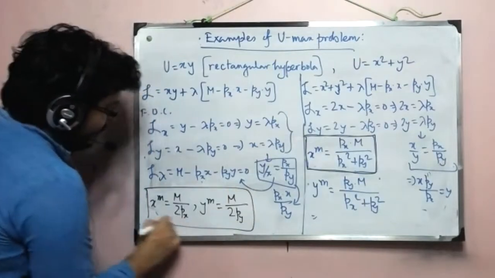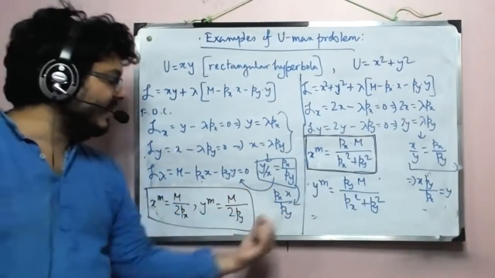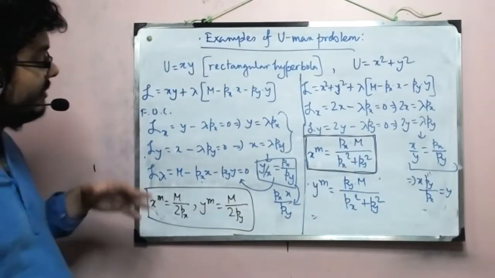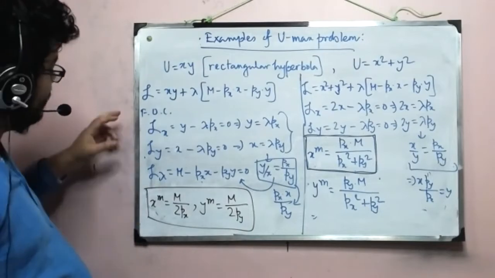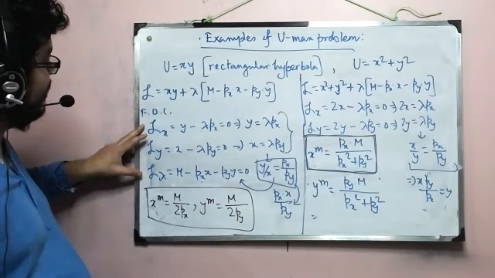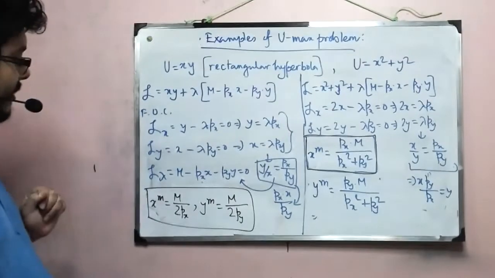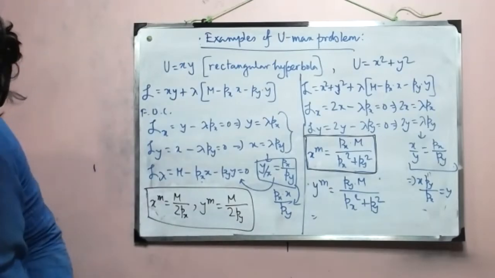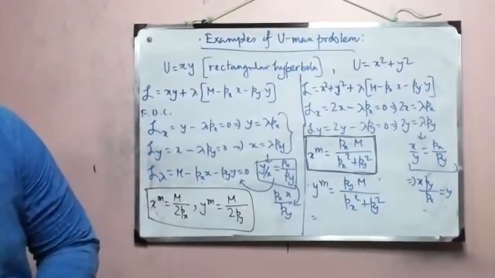Now, to guarantee that what we have achieved are indeed maximum points, I need to check the value of the bordered Hessian. In order to check the bordered Hessian, I need these three conditions, right? This will help us fill up the determinant. Okay, so let's do it. We have a slight space crunch, but anyways, we'll be able to do that.